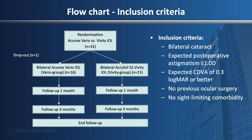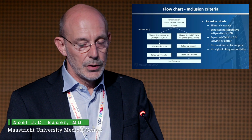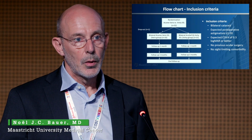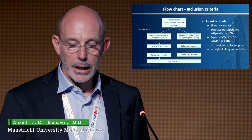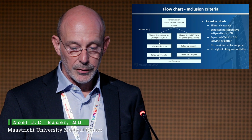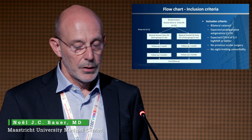We set about to compare these lenses in a randomized controlled trial. We did this in 32 patients. We divided that in 2 groups. Obviously, 16 patients in one group. 1 patient dropped out at the last minute, and so we had 15 patients in the other group. We did follow-up of 1 week, 1 month, and 3 months. And I will show the results of the 3 months